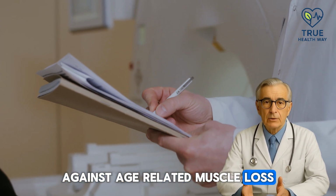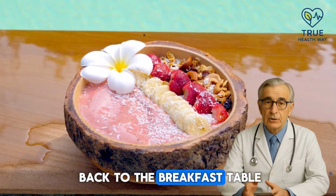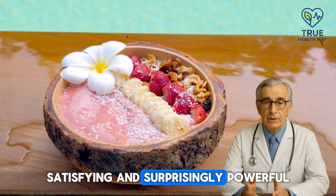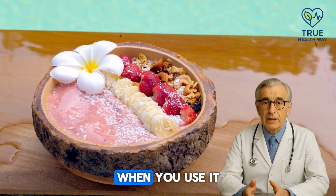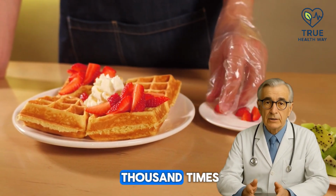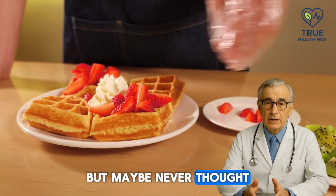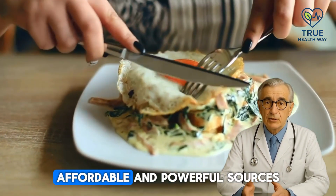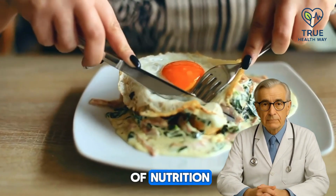age-related muscle loss. And next, we're heading back to the breakfast table to rediscover a food that's soft, satisfying, and surprisingly powerful for muscle growth when you use it the right way. Let's talk about a food you've probably had 1,000 times, but maybe never thought of as a muscle builder. I'm talking about eggs, one of the most complete, affordable, and powerful sources of nutrition you can put on your